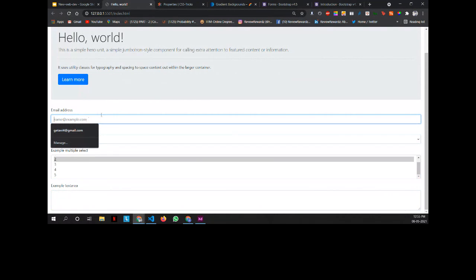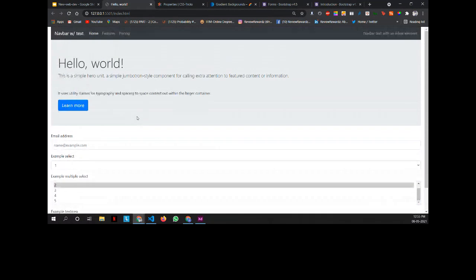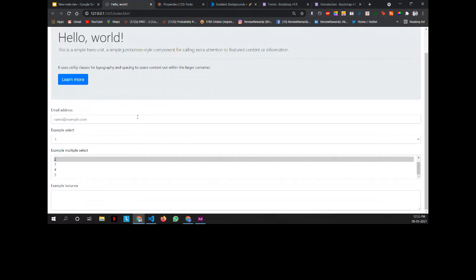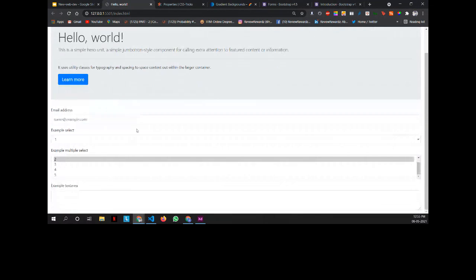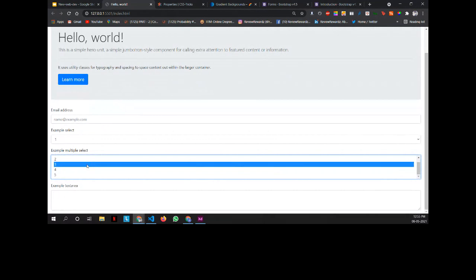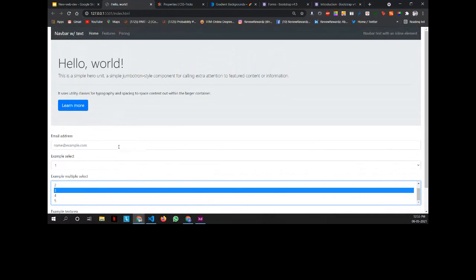So this is basically how you can add Bootstrap to make your site look better. Of course, you have to add the CSS according to the theme or the project you have in mind, but this is the basic layout given by Bootstrap to all the CSS users. So let me just add one more element here.